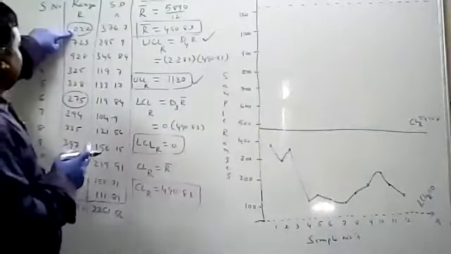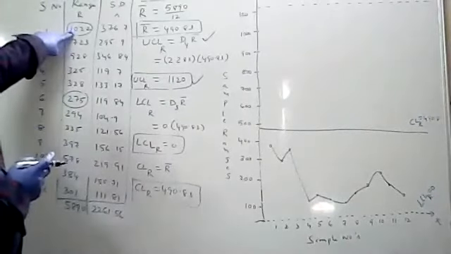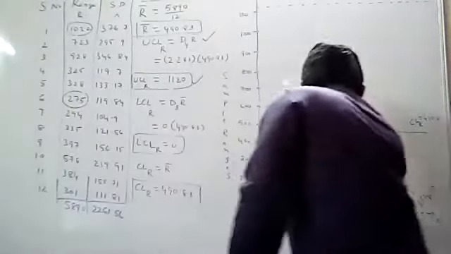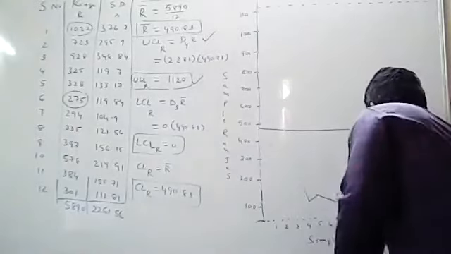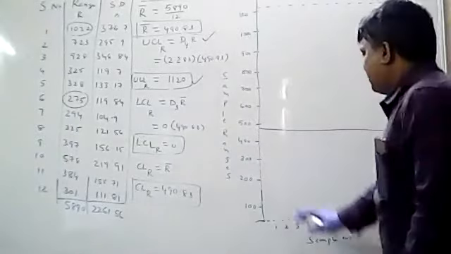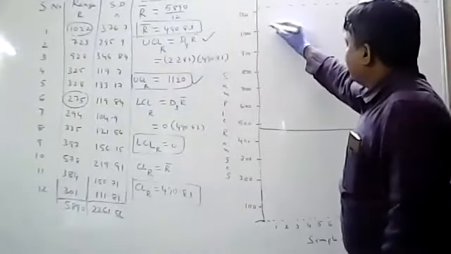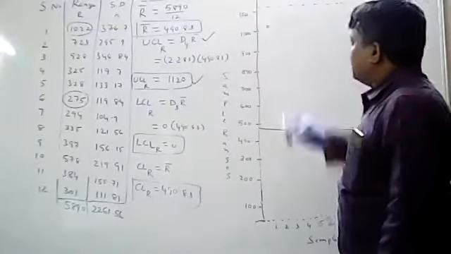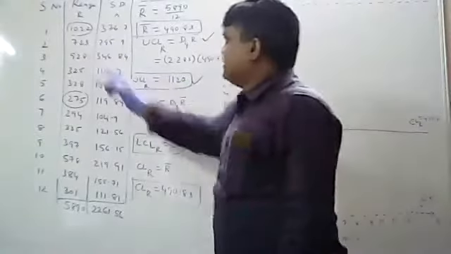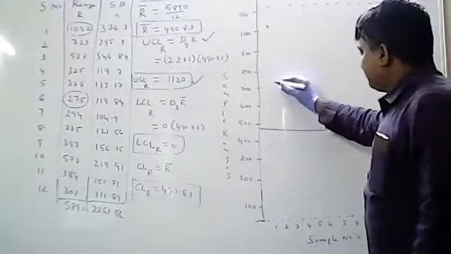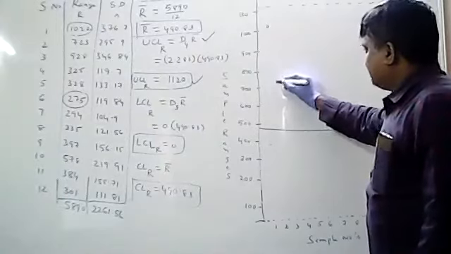So the first value is actually 1022. I had identified it wrongly, so these are the values you have to identify. Now I will identify the range values. What is the first range value? The first range value is nothing but 1022. Roughly you can identify 1022. That is the first range value. Next range value is 723. Roughly you can identify 723. Second sample, 723.